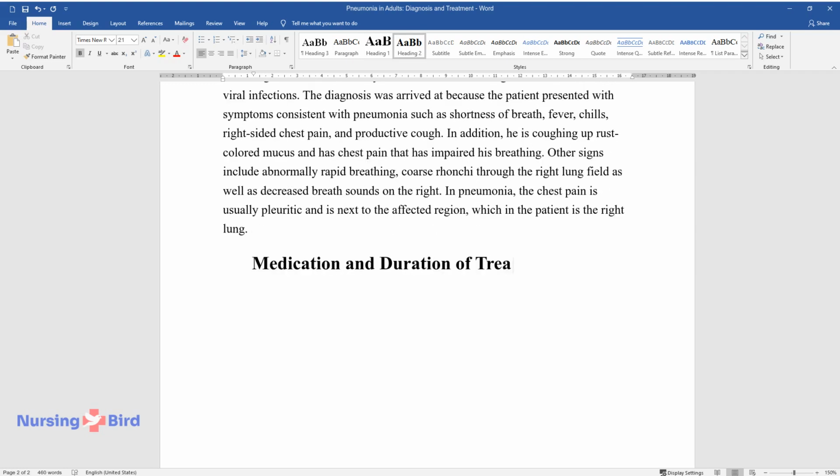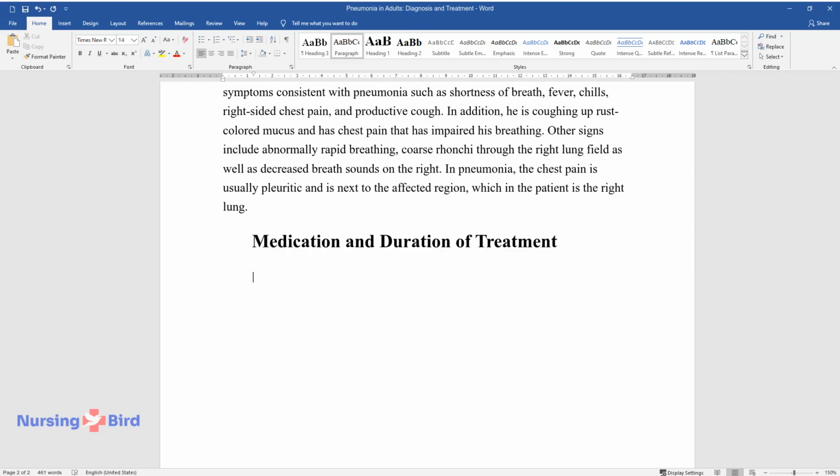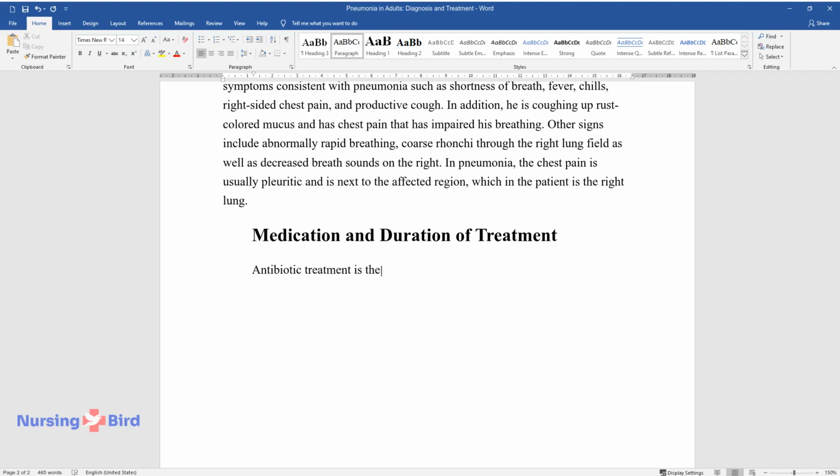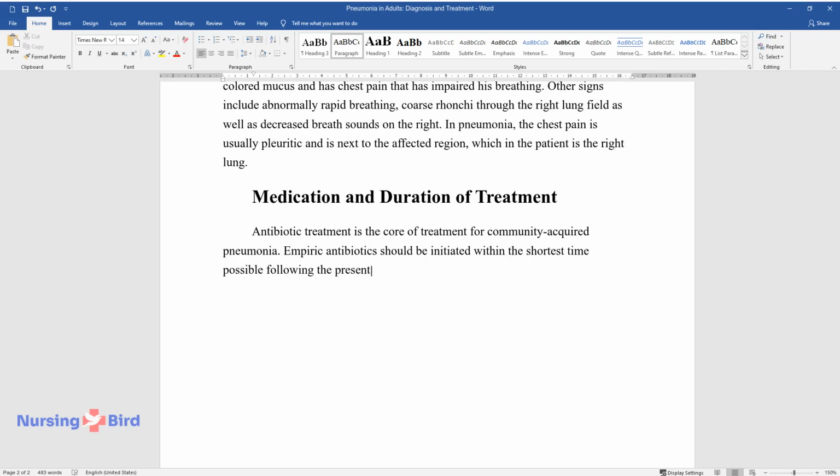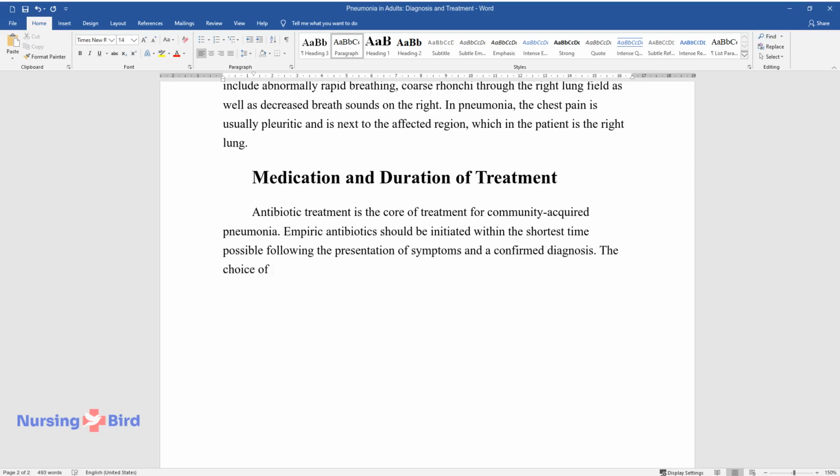Medication and duration of treatment. Antibiotic treatment is the core of treatment for community-acquired pneumonia. Empiric antibiotics should be initiated within the shortest time possible following the presentation of symptoms and a confirmed diagnosis. The choice of treatment is based on likely pathogens and the severity of illness due to difficulties in the identification